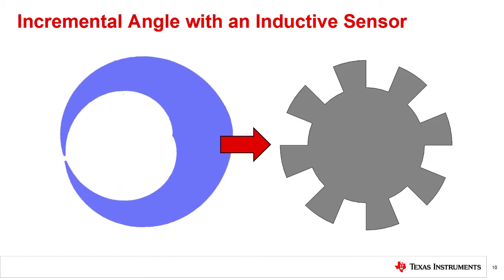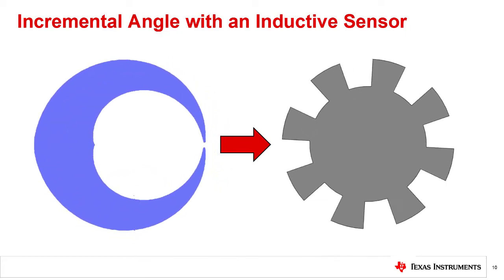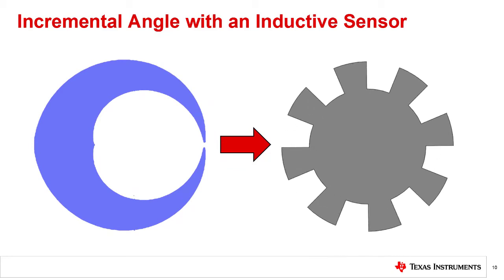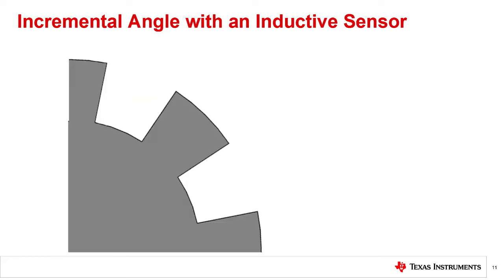Instead of varying the width of the metal target, we can replace the previous metal target with the gear shape pattern, which features equally sized teeth and notches. Using this method, we can monitor outputs which are formatted to generate a binary output, which is either high or low. As a trade-off, we will not have exact position information at power-up, but as the outputs are monitored, we can easily determine rotation speed, direction, and discrete changes in angle instead.